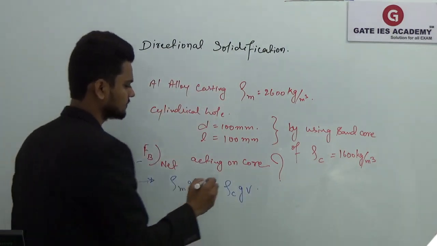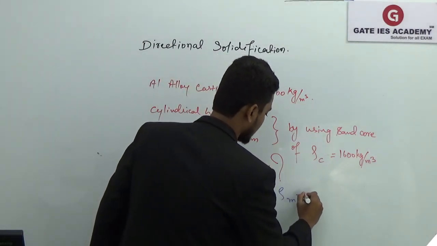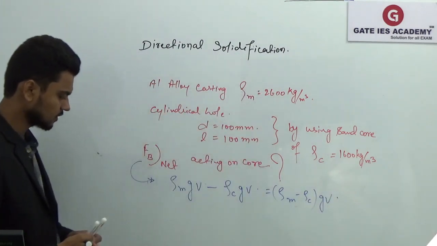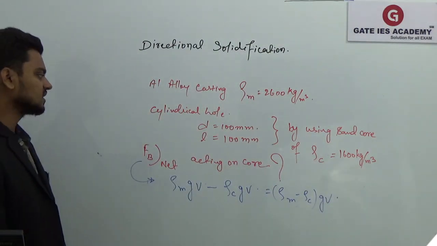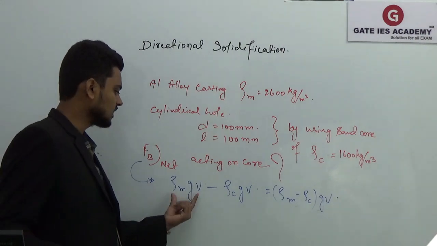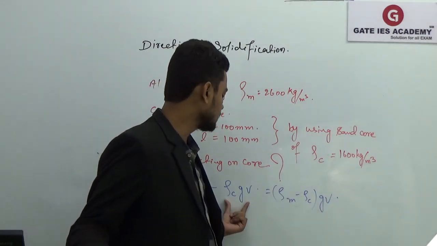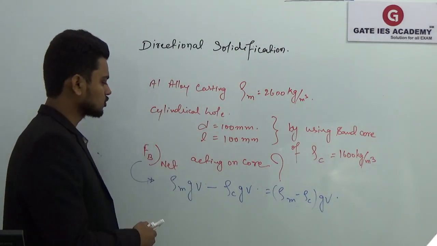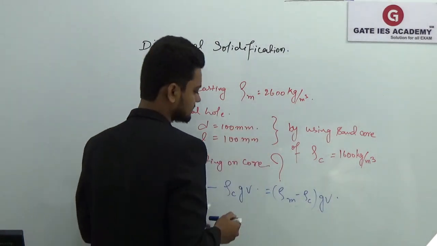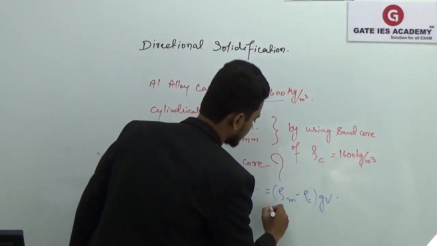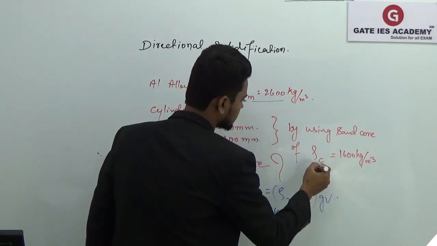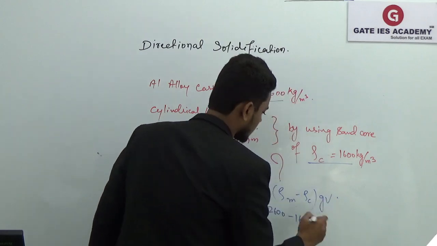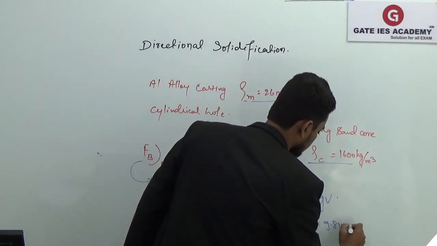Or directly I can write this as (rho m minus rho c) into g V. This is the net buoyancy force acting on the core, which is the weight of the liquid displaced by the core minus the weight of your core. So rho m is 2600, minus rho c which is 1600, into acceleration due to gravity g, which we know is 9.81, into